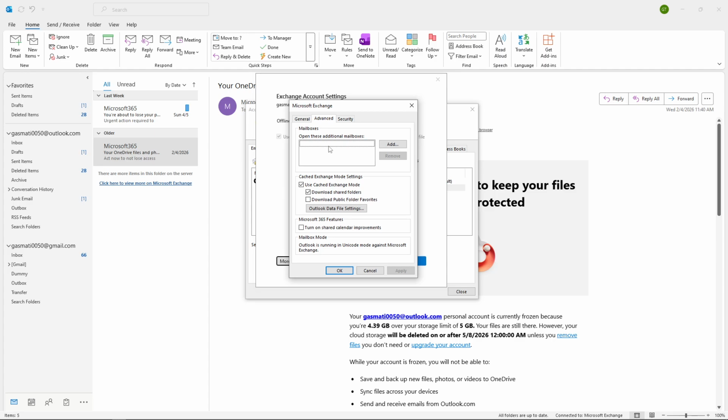In the Advanced tab, locate the Mailboxes section. This is where you can manage multiple mailboxes under a single Outlook profile. Click on the Add button in this section. This action allows you to add a shared mailbox to your account, giving you direct access to it within your